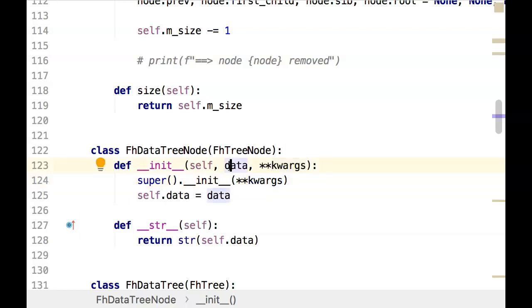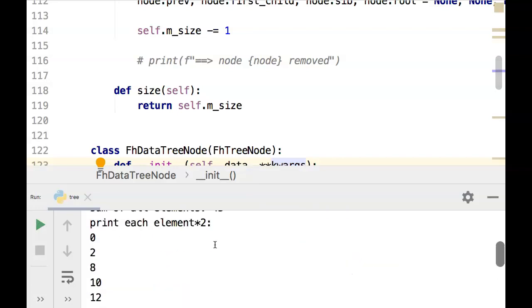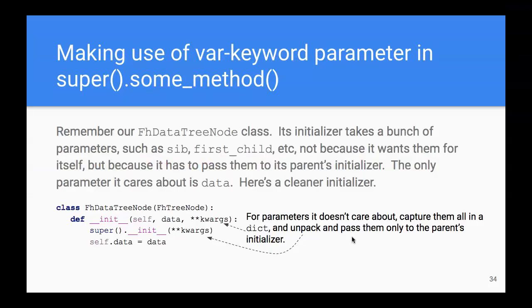And so the only parameter that we care about is the data parameter because we need that to create an instance attribute, data. And the rest of the parameters, whatever they are, if there are 5 more, 10 more, 100 more of those, it really doesn't matter to the initializer. So we just pass them on. So this should work the same way as before, and indeed it does. And that's what this slide is trying to explain, and we'll use this again when we revisit the topic of